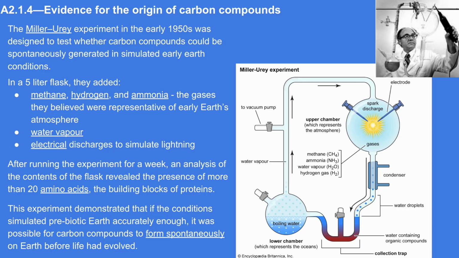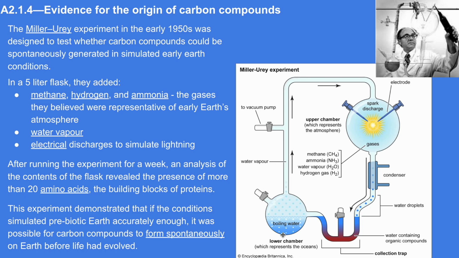And so we could try as best we can to take our hypotheses in early Earth conditions, including we believe that there was methane, ammonia, water vapor, and hydrogen gas. And these simple elements were added to this enclosed flask, and there were electrodes that gave a spark discharge to simulate lightning. And this was run for a week. It was allowed to cycle through a condenser, through a boiler, in order to simulate what early Earth conditions might